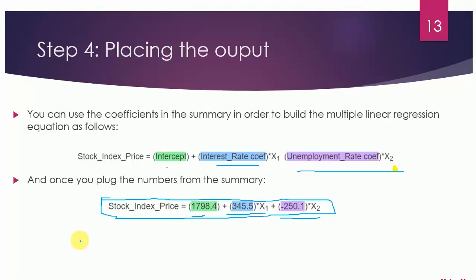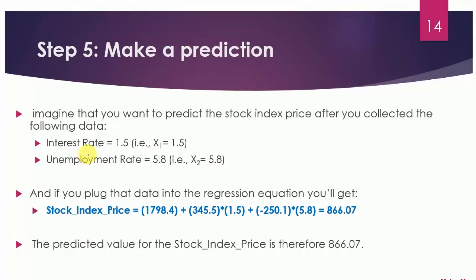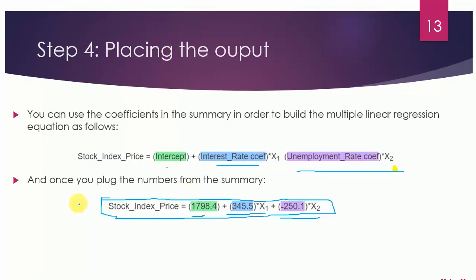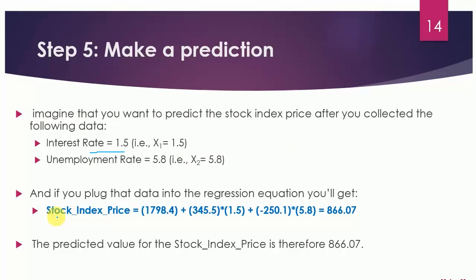To make a prediction, given an interest rate of 1.5 and unemployment rate of 5.8, if you plug in the data into this regression equation, I'll find stock index price is equal to the intercept plus 345.5 into 1.5, which is the interest rate, and the unemployment rate 5.8 into this, and I will get a result 866.07. Similarly, we can use the predict function